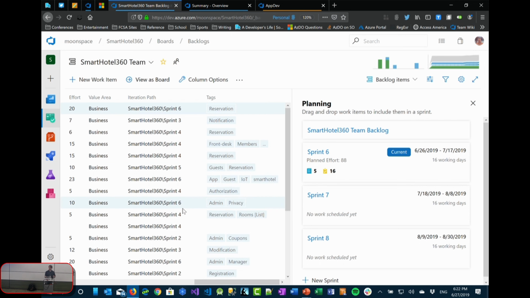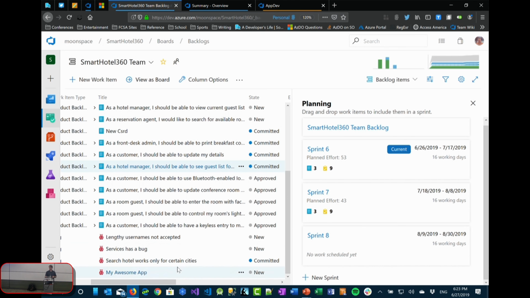So if you're in a sprint planning session, right now over here on the right we have this little planning lane, and it says that we're currently in sprint 6, so maybe we're going to plan for sprint 7. And so you're in here inside your backlog going, okay, this one, the team talked about it, we like it, we want that to be in sprint 7, maybe this one as well. And you can just start dragging things into the sprint to line those cards up. Okay, these are the ones we're going to work on in sprint 7. So it's a pretty simplistic way of quickly planning whatever your next sprint is going to look like.